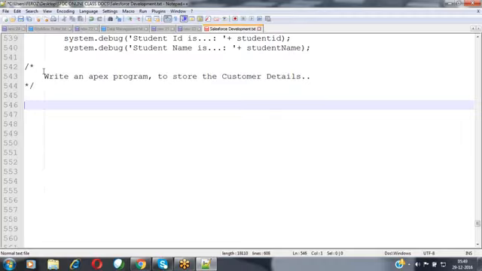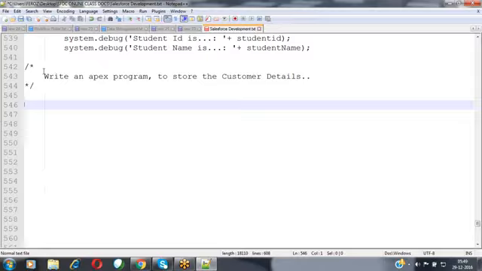I would like to define some variables in order to store some values of a customer, such as customer ID, customer name, customer address, the active status of the customer, and the customer's date of birth. I would like to store all this information.